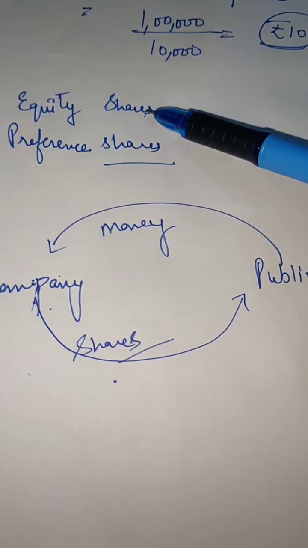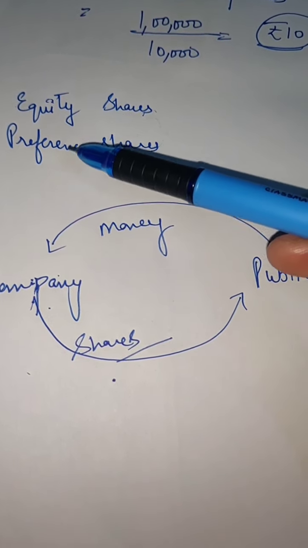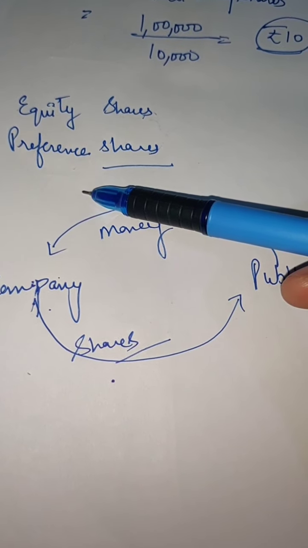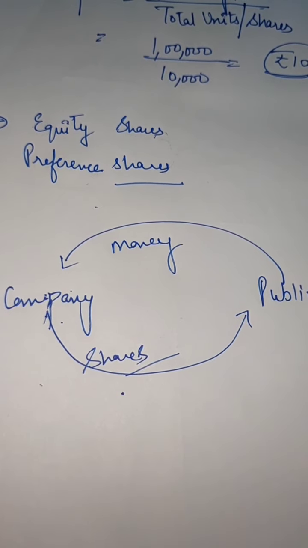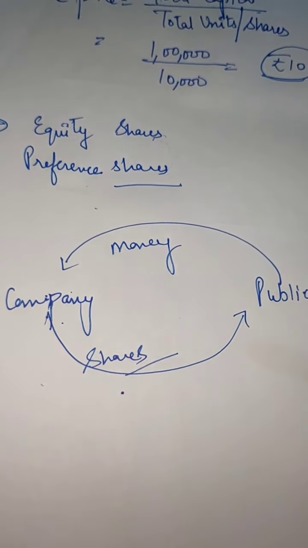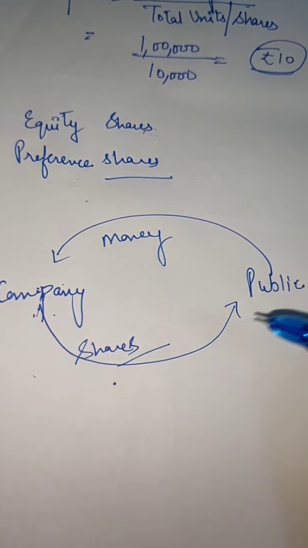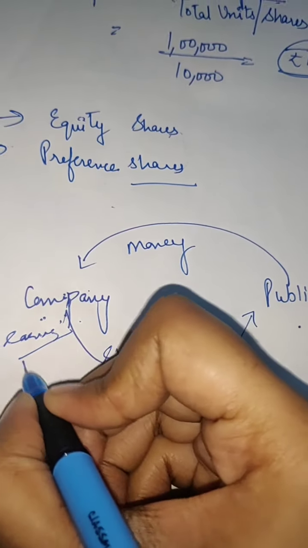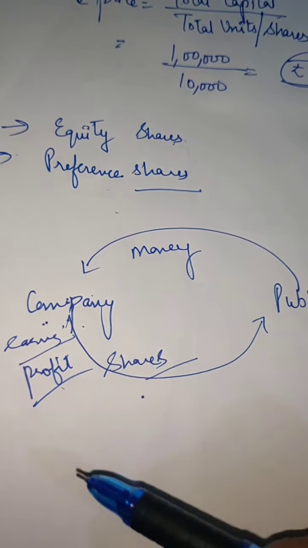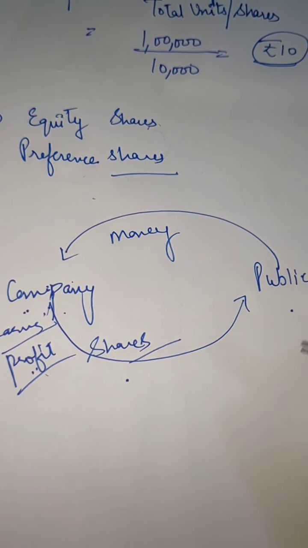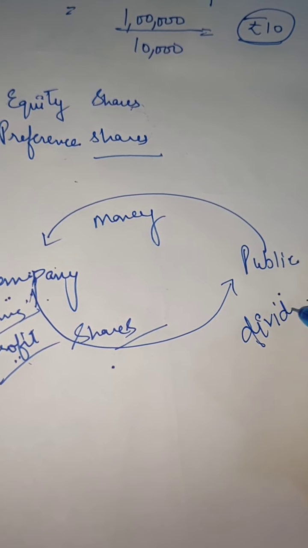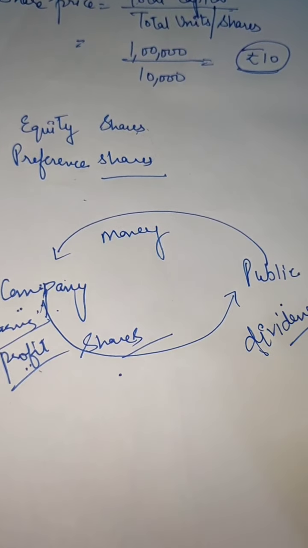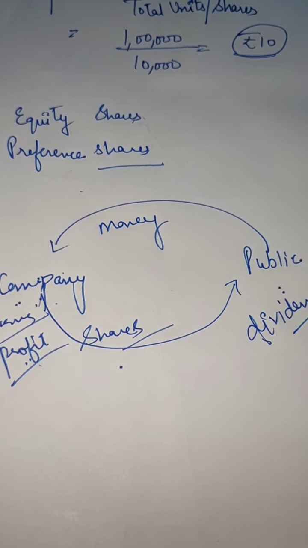So that's why we will differentiate between these types of share, equity share and preference share. As the name itself shows, preference is given while distributing the profit. There must be a question in your mind: why is the public purchasing the shares from the company? What's the benefit to the public? After a year the company will earn profit and they have to give the profit to the public in the form of dividend. This is called the return. So there must be a proportion, a percentage which the company has to divide among the public in the form of dividend.